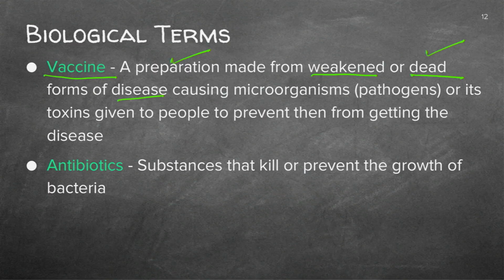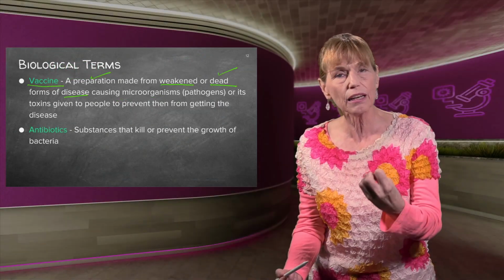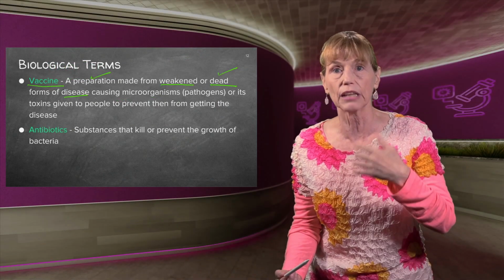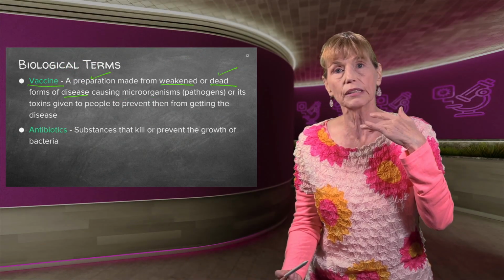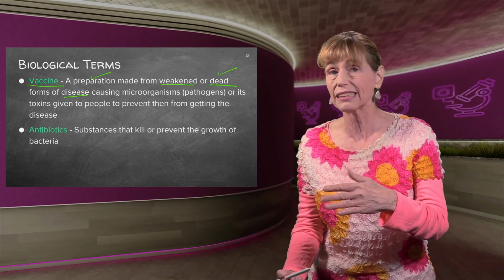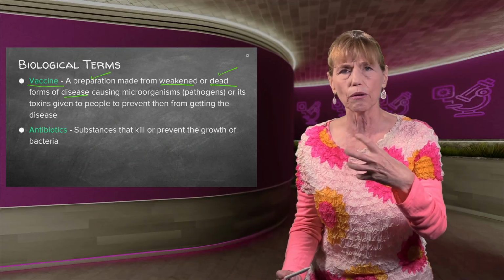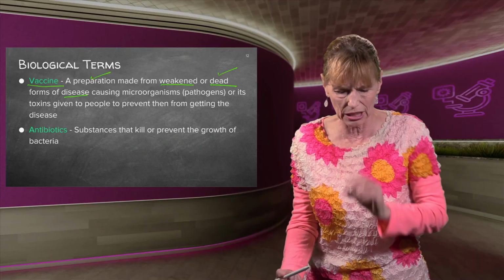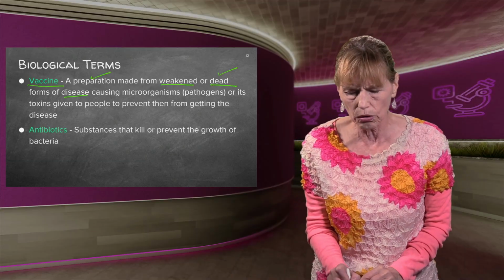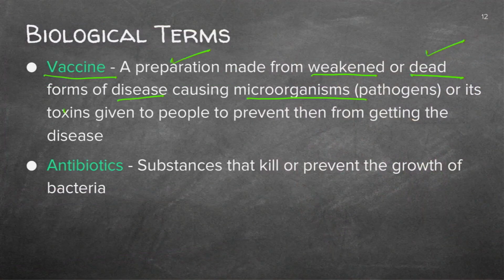I mentioned that some are weakened, but some need to be dead because they are so active that if they are only slightly weakened, they can still replicate themselves and cause damage. But some of them, if you don't leave them slightly alive, they change their protein, because everything's proteins. We have eggs, and when you've boiled an egg, you cannot get any functionality out of it. A vaccine contains microorganisms or toxins given to people to prevent them from getting that disease. Please, that's about 4 marks. Please make sure you understand the terminology.